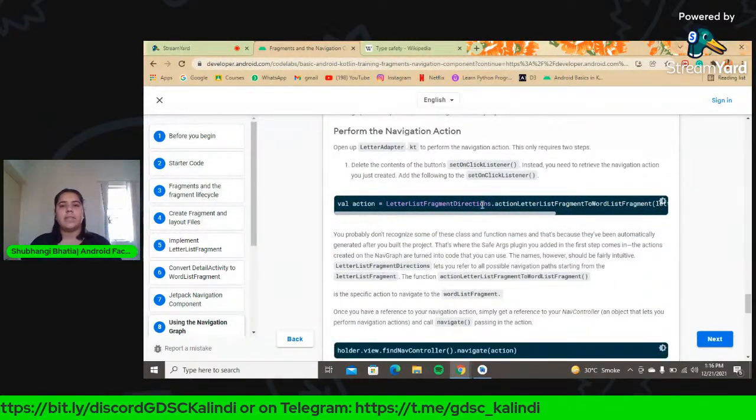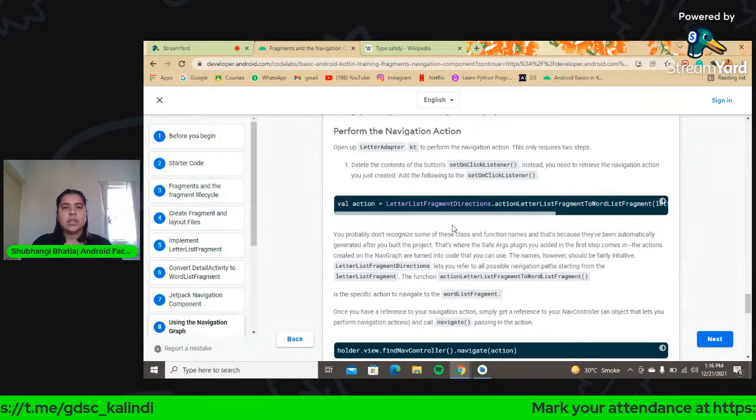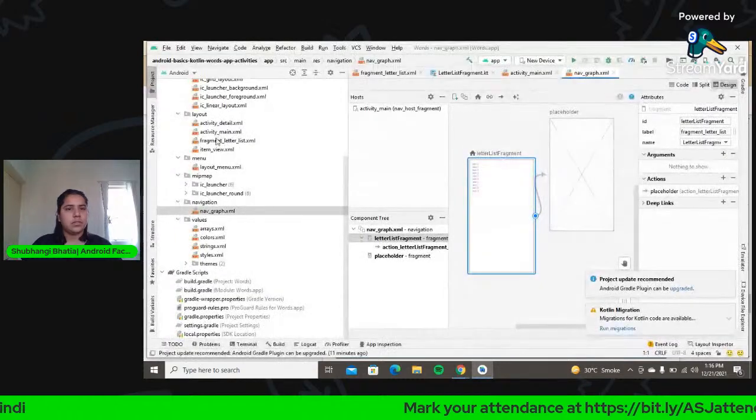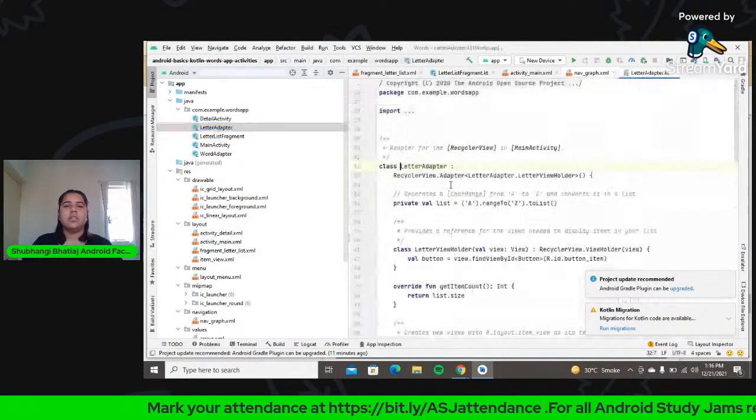ओके, अब जो नेविगेशन एक्शन है, let's perform that. Just need 2 steps. Let's go to letter adapter. Letter adapter. यहाँ पे